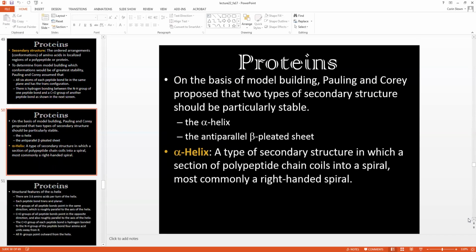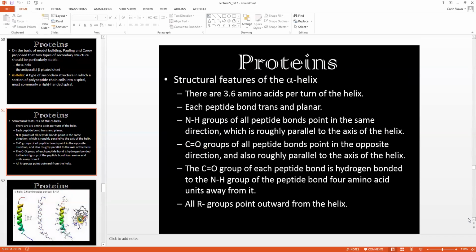An alpha helix is a type of secondary structure in which a section of polypeptide chain coils into a spiral, most commonly a right-handed spiral. There are structural features of the alpha helix, including 3.6 amino acids per turn of the helix, each peptide bond being trans and planar, the NH groups of all peptide bonds pointing in the same direction, which is roughly parallel to the axis of the helix, carbonyl groups of all peptide bonds pointing in the opposite direction, also roughly parallel